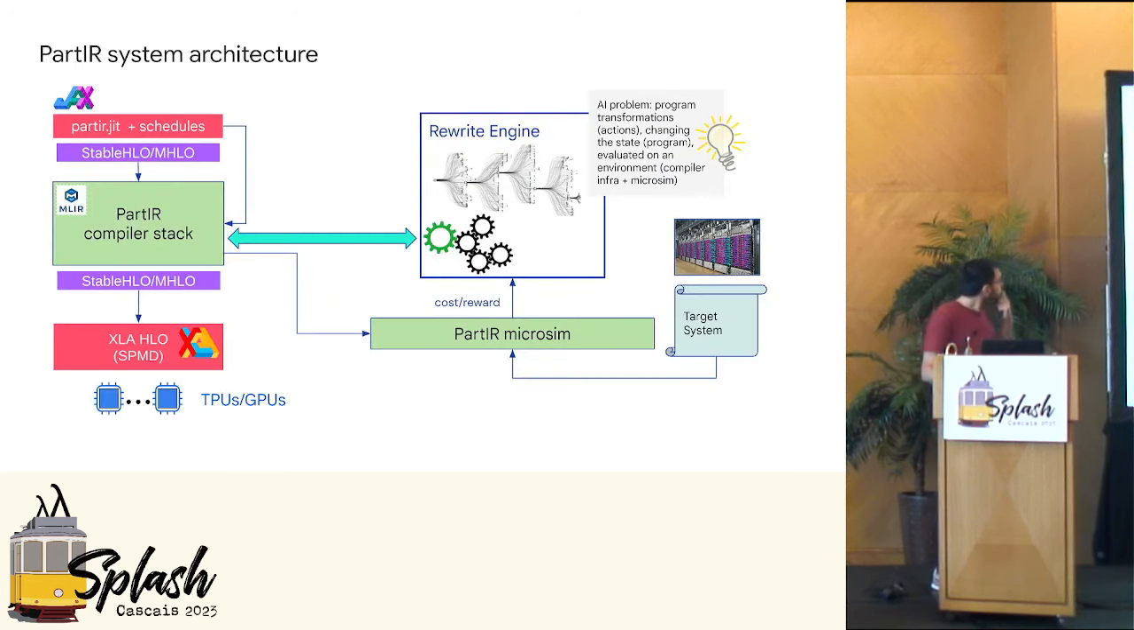So, right, how does our system work? The system works at a high level like this. We take this PartIR JIT. So we start from this kind of JIT entry point as well. We have a variant of it, PartIR JIT, that accepts also these schedules. We trace out, like JAX, to StableHLO, and then we go into our compiler stack. And our compiler stack rewrites the programs according to the schedules, or also according to some